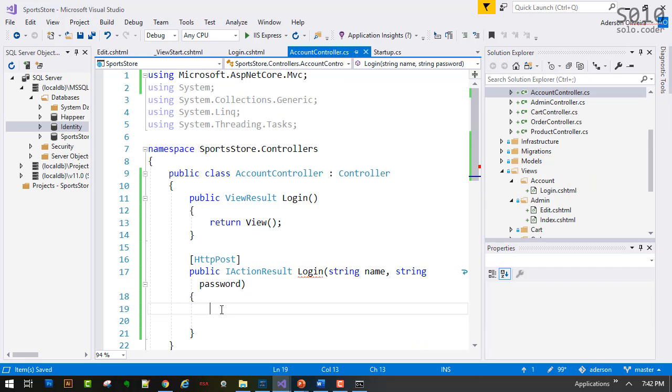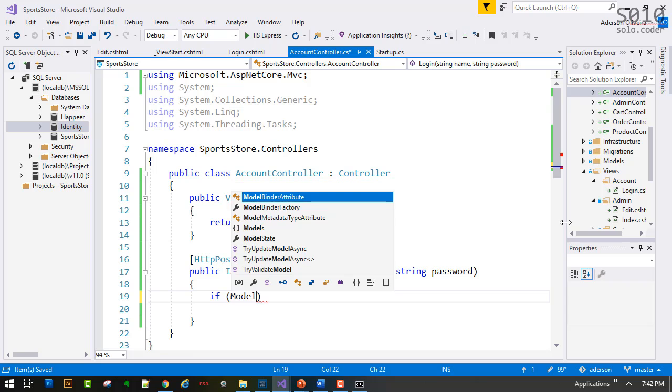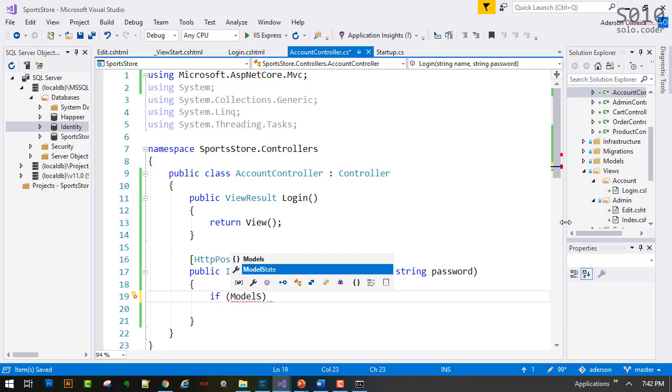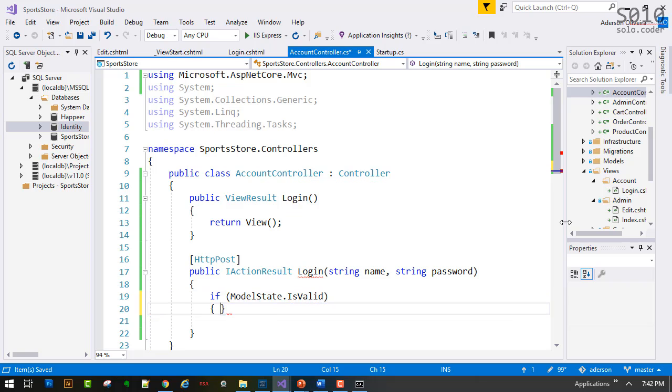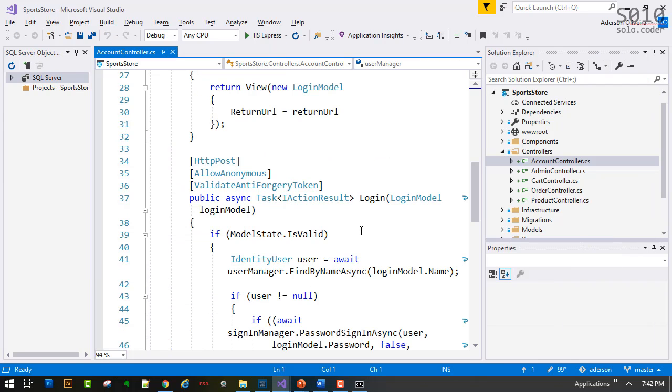Okay, so as in any form, the first thing that we're going to do is validate if this form is valid or not. So if ModelState.IsValid, and by valid, it really means did we put a username, did we put a name, did we put a password? But we are not making them required yet, so it will most likely be valid. So if it's valid, then,